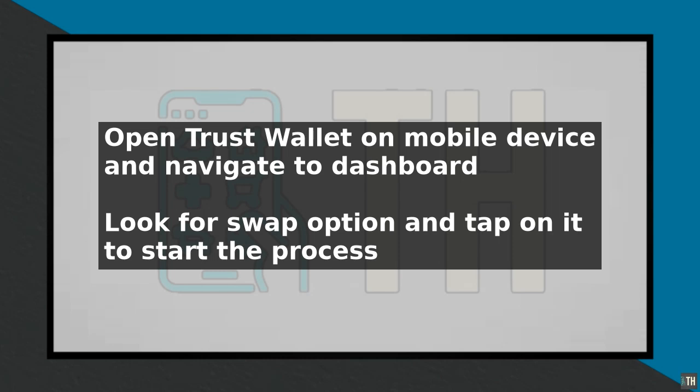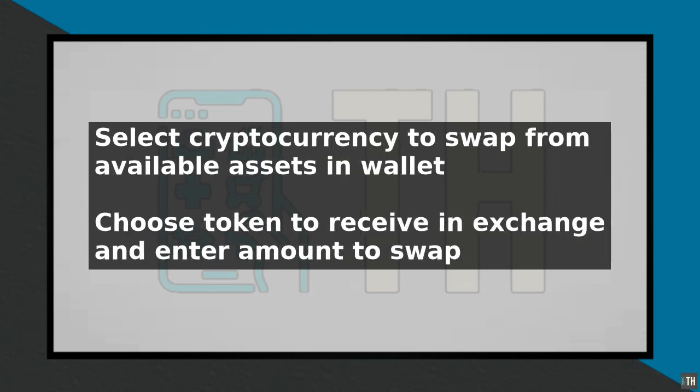Next, select the cryptocurrency you want to swap from the list of available assets in your wallet. Choose the token you wish to receive in exchange, making sure it is available on the platform. Enter the amount of crypto you want to swap, or use the percentage buttons to quickly select a portion of